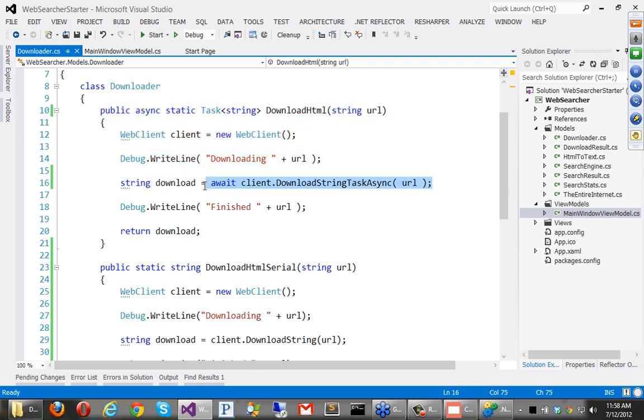Convert this to a task. This DownloadTaskAsync is really a task already, so there's not much to do to it. But then convert this last bit here to actually a Task.ContinueWith. So that's why it's super important that you get that task stuff down, the ContinueWith stuff down, because really that's what the compiler is doing for you.